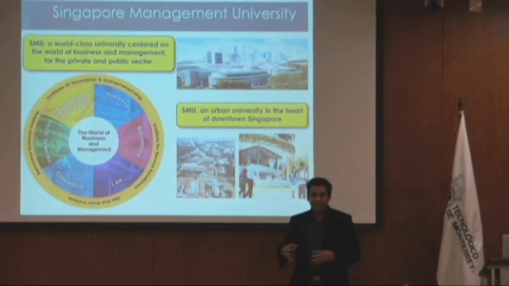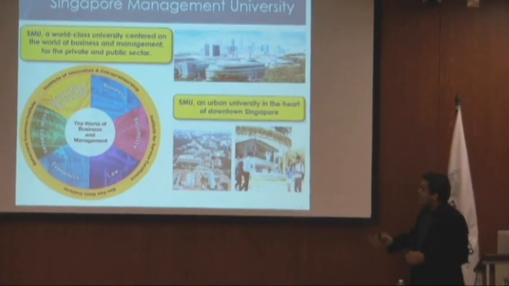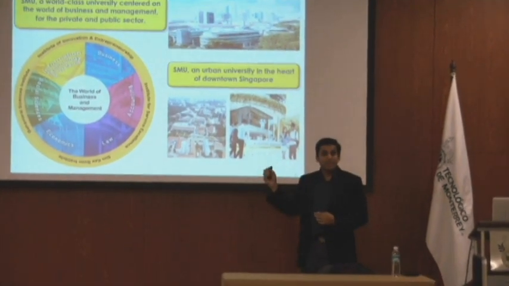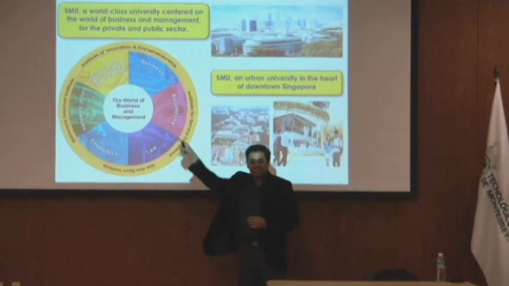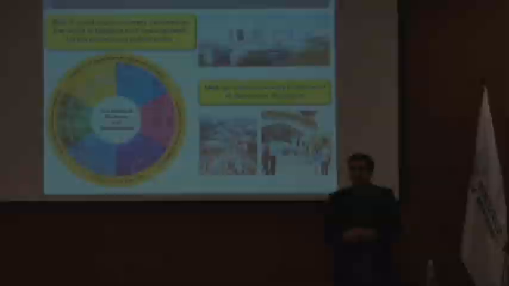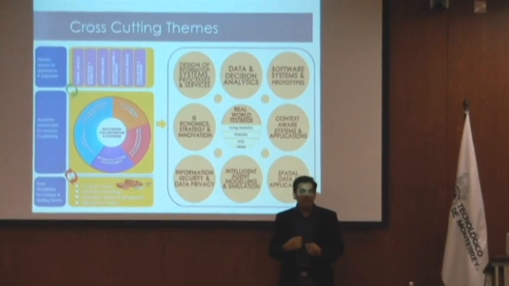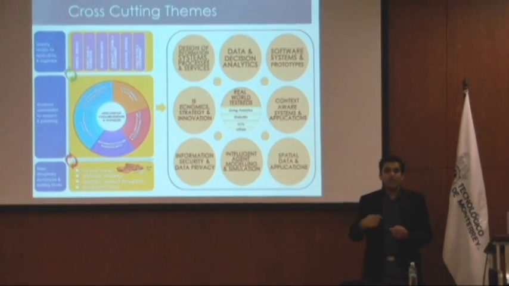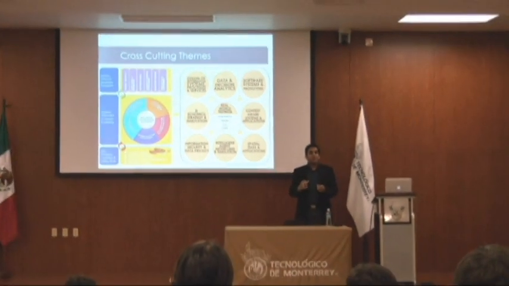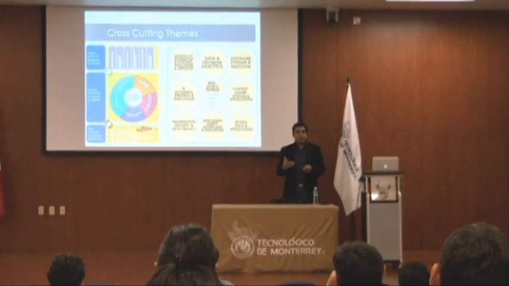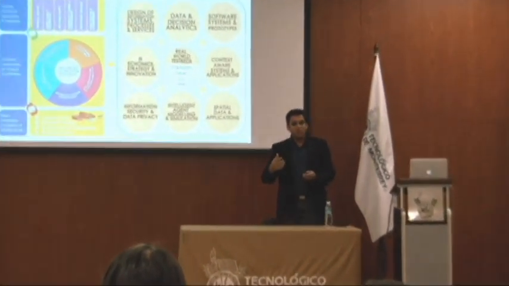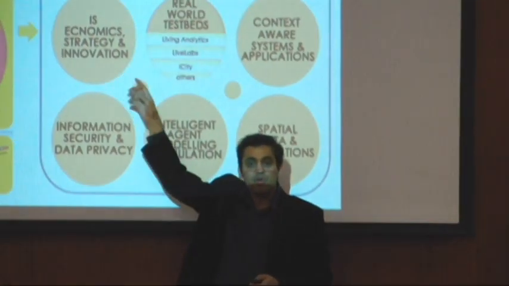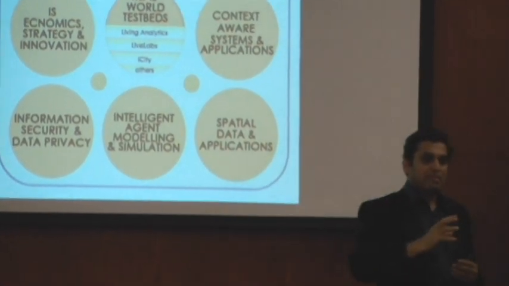I know your schools form the entire SMU. We have accountancy, law, economics, social sciences, business school, and finally, the very important one, which is the information systems school, from where I come in. Even though I'm an intelligence systems person, I work with security folks on how you protect your data or your information. How do you make it more active? How do you make it more intelligent? That's where we collaborate with these guys. And the game theory that I mentioned comes from economics and so on, so we collaborate with those people as well.